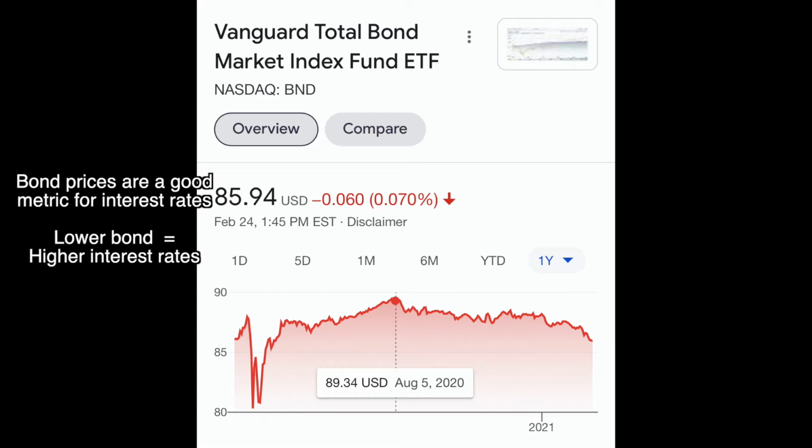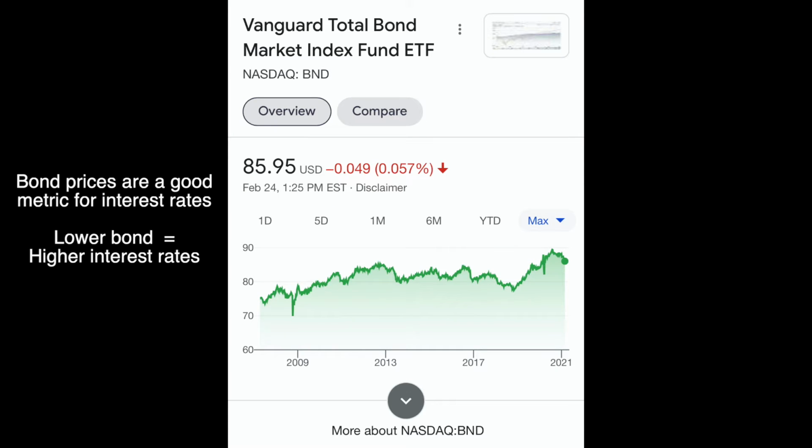For whatever reason, people were scared of inflation, or people thought the economy was getting better, so interest rates for bonds and treasury yields were going up. And for one reason or another, nobody really knows, stocks tend to go down when interest rates go up. Like I said, nobody really knows. There's not an actual